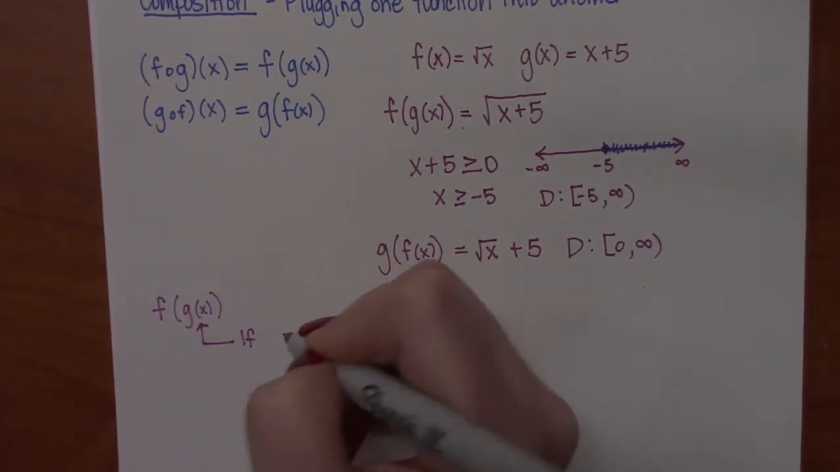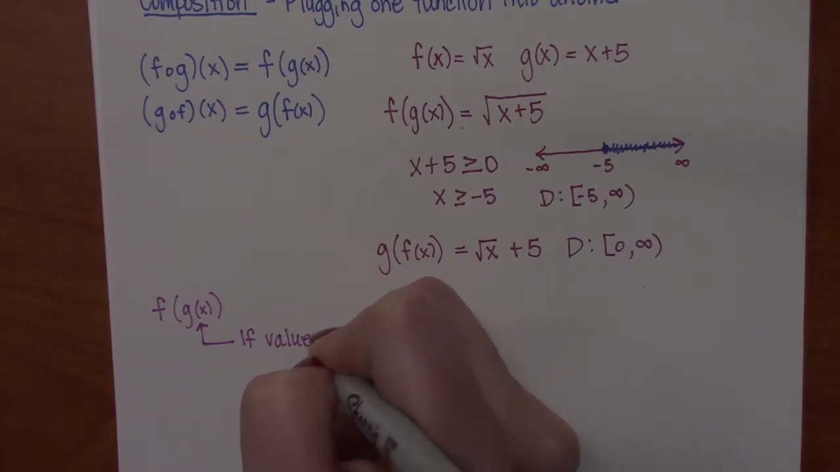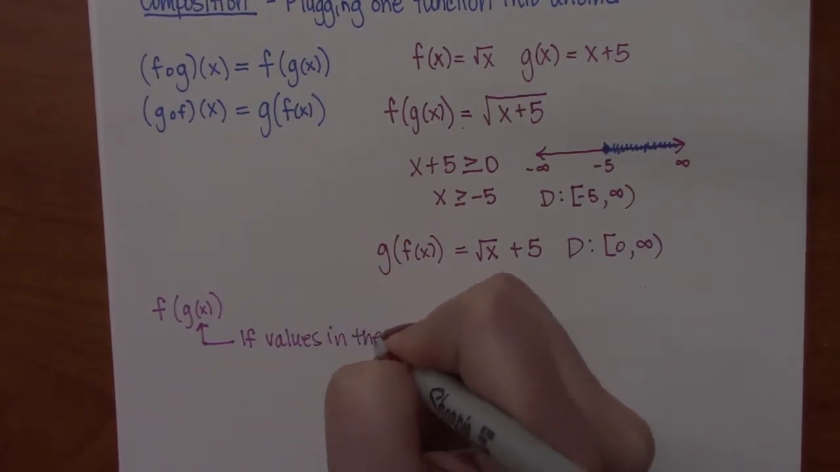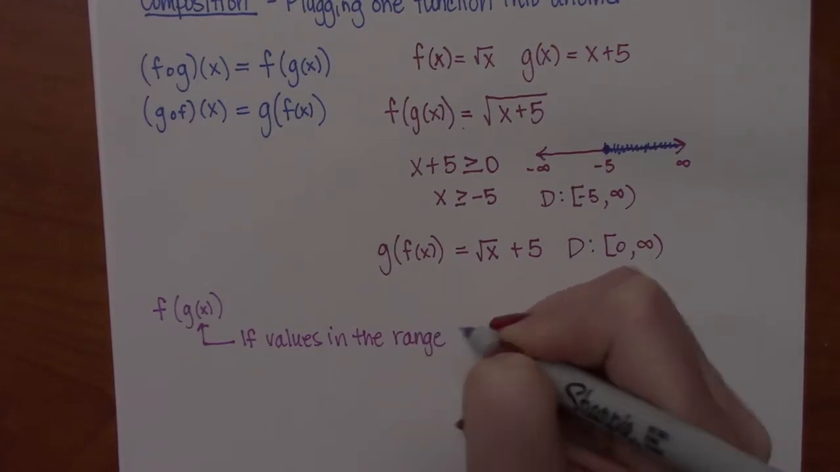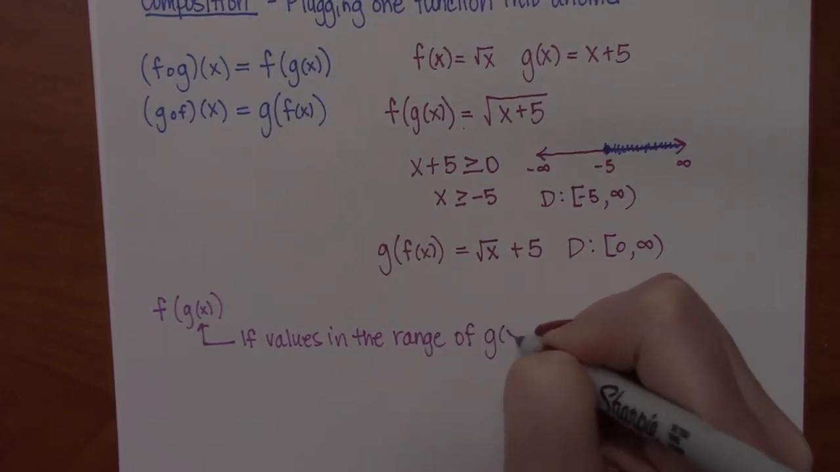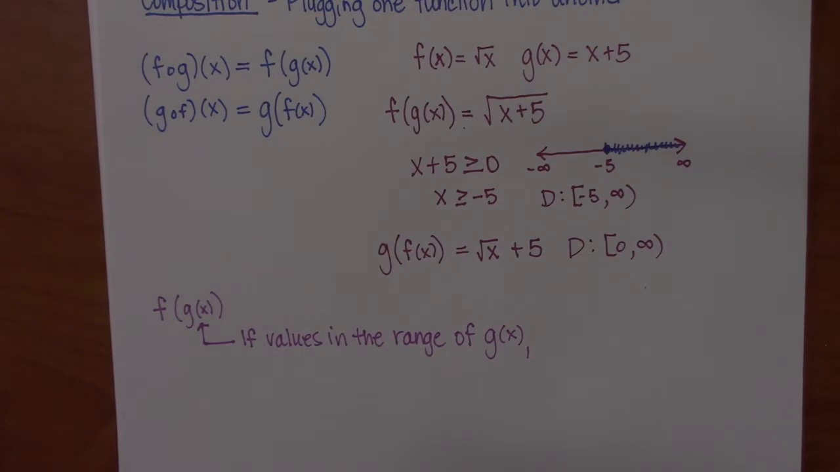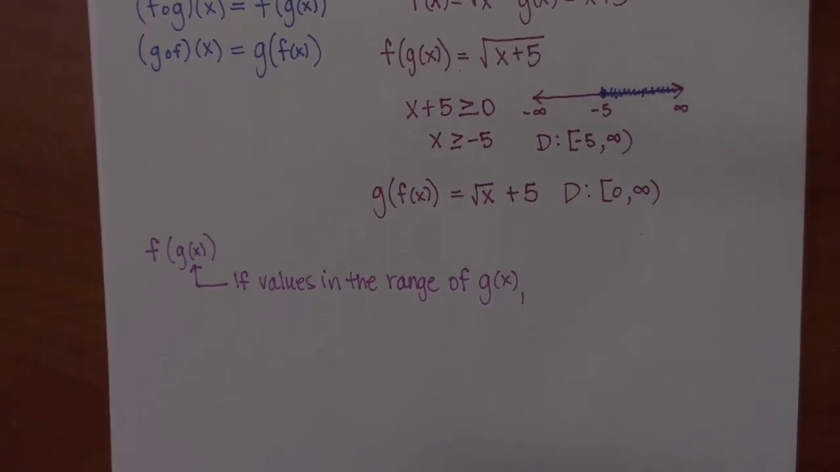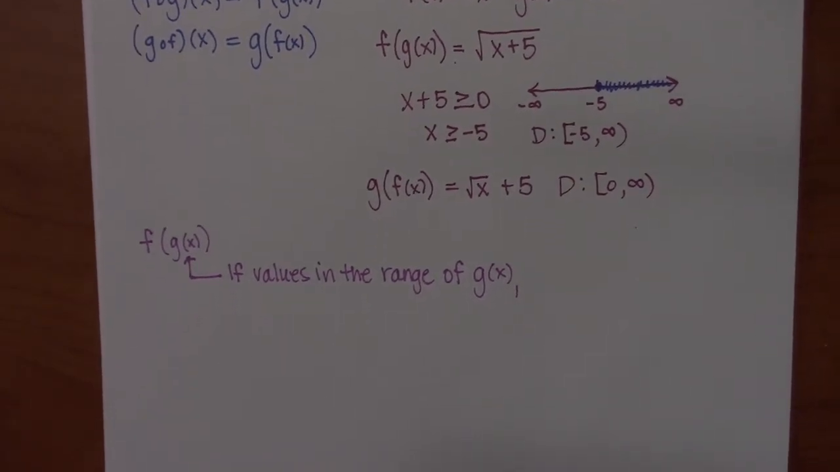But when you're composing functions, if values in the range of g of x, okay? So here's what we're saying here. If you wanted to actually evaluate this at specific values of x, well, we would plug that value into g. The y value that comes out of g becomes then the input variable into the next function. So if the values of the range of g, the y values that come out, are not in the